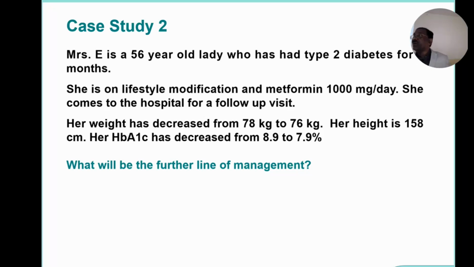So by increasing the metformin, can you reduce the HbA1c from 8 to 6? Not possible. Okay. So then what other drug to be started? The drug should not increase the body weight. It should be either a weight neutral or weight reducing drug. So in that way, can you use sulfonylureas? No. Repaglinide can be used? No. Pioglitazone can be used in a female, perimenopausal, osteoporosis, body weight, etc.